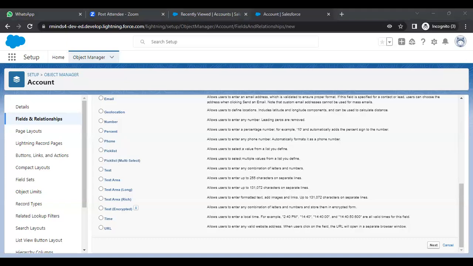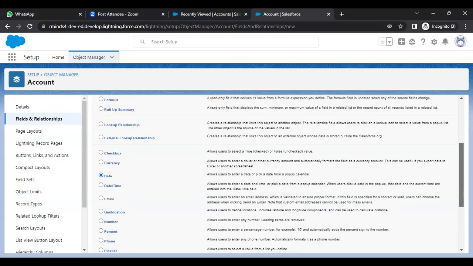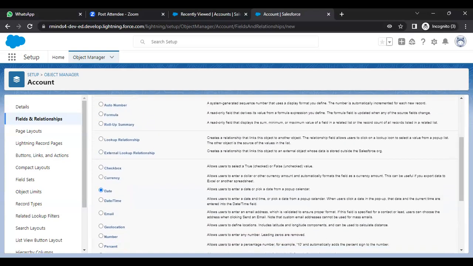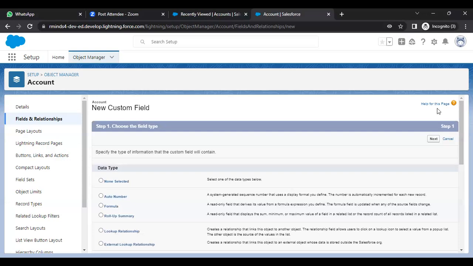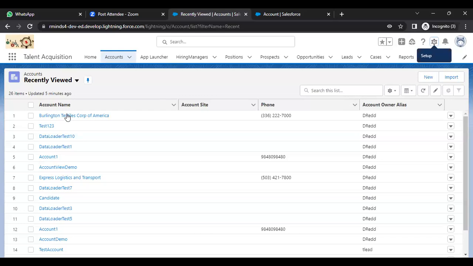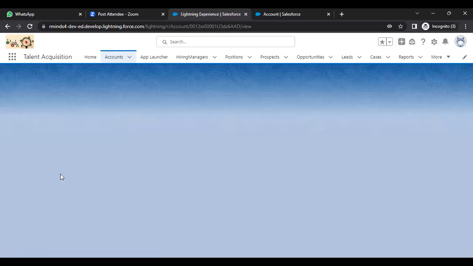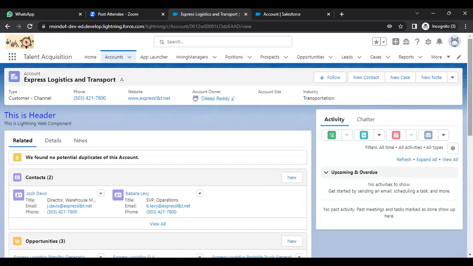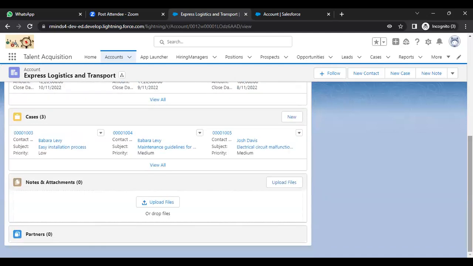The other one is date time. It allows us to store both date and timestamp values inside the variable. Each date time field will reference the date time data type by default. If you see here, it allows users to enter date and time and pick from a pop-up calendar. So let's go to any one of the Express Logistics and Transports account records and add the